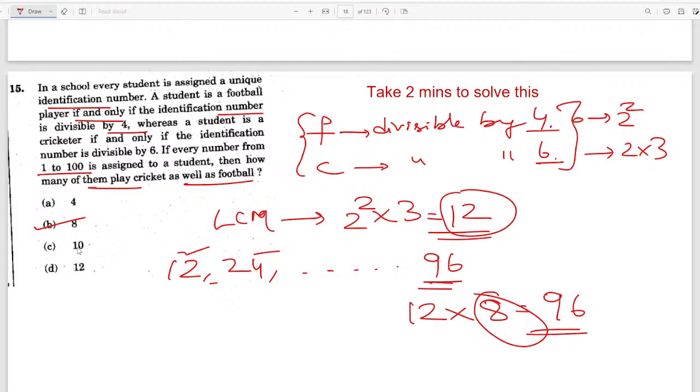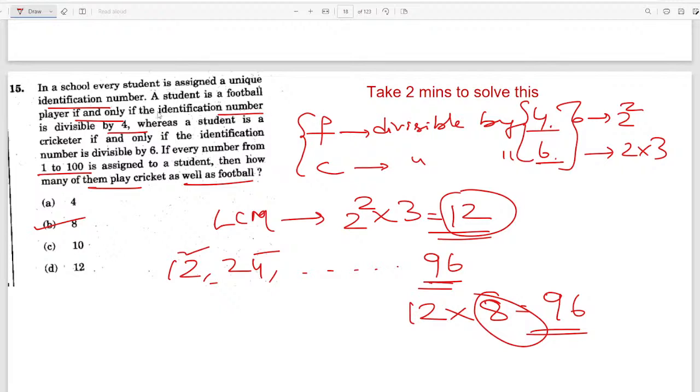LKR, what mistake did you do? I mean, where did you get stuck? See, we took multiples of 12 because we had to calculate the lowest common multiple of these two numbers. They are saying that